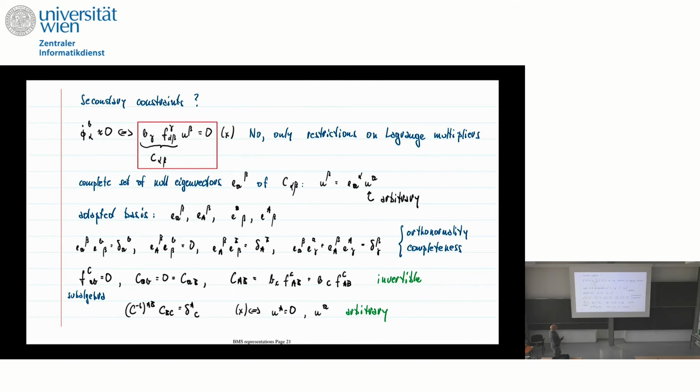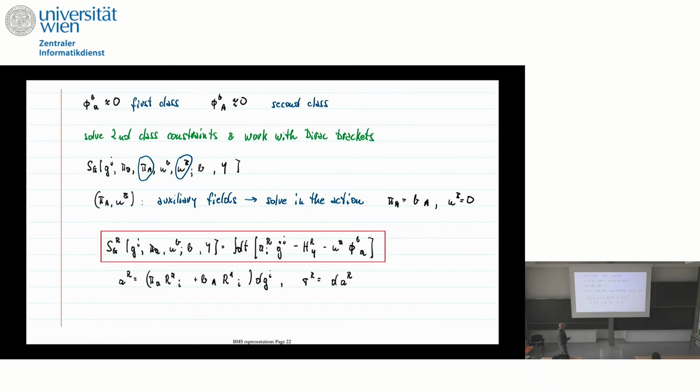And so if you do that, you find that first and second class constraints are completely determined by the null eigenvalues of this matrix, and that you can really solve this problem. And it has all to do with the null eigenvectors of this matrix. And then, of course, the Dirac bracket, the inverse, is an algebraic problem. It's not a differential problem. So that's a good thing. And then you know exactly what is your symplectic model that you use. So the reduced one, of course, you can do BRST quantization, whatever you want, but you have complete control.